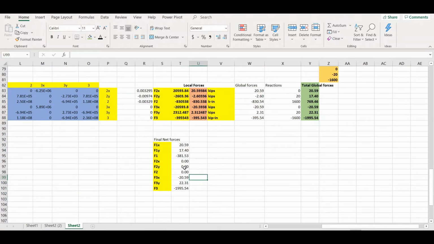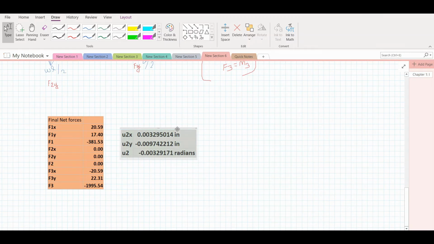Now these are our reaction forces. So now if we draw this, let's say that this is our initial shape. Now we see that these are all occurring in the global direction. This point here will move in the positive x direction by 0.003x, so it will go somewhere here, and then it will move v2y, which is negative, which means that it